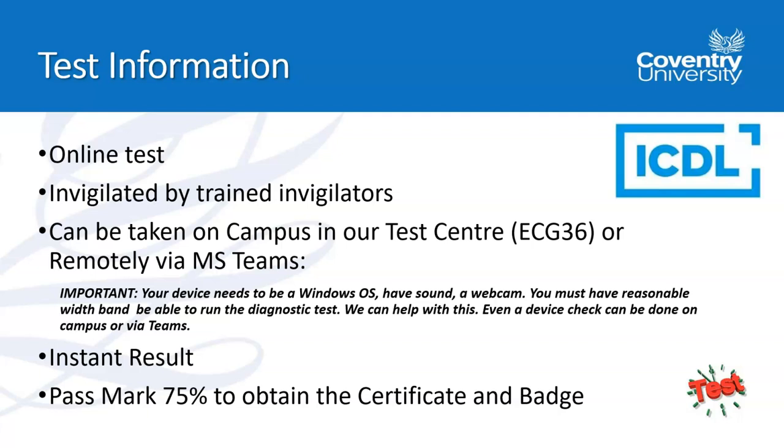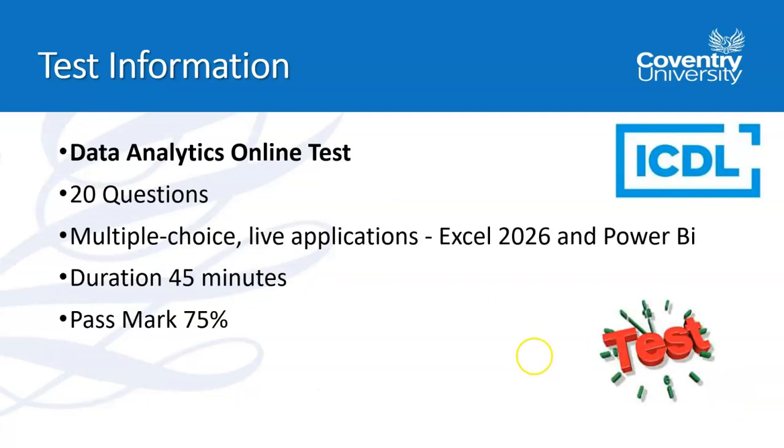The online test will give you an instant result, so you will know that you've passed, and in this case you will get a mark. And if you're doing this for yourself, your mark will be 75% and above. So 75% is actually the pass mark, and you will get the certificate and a badge